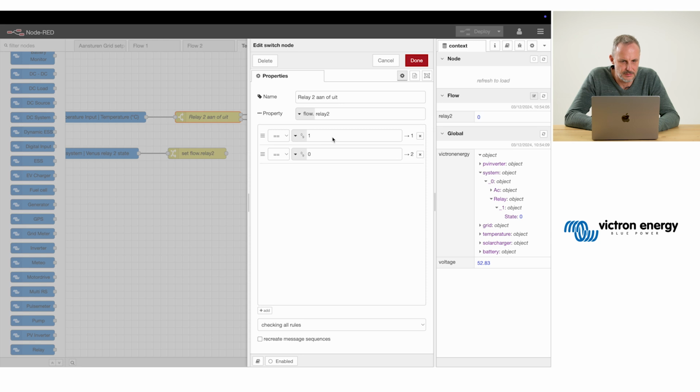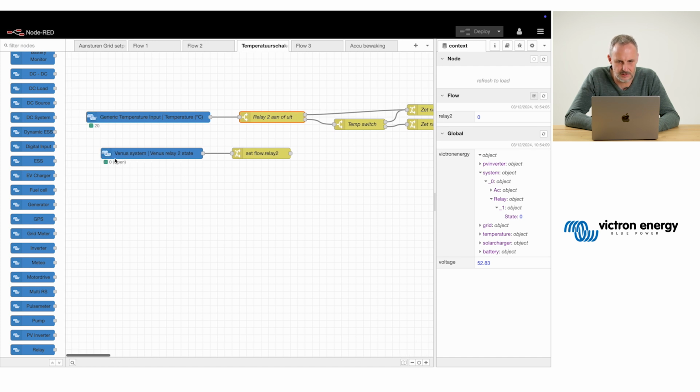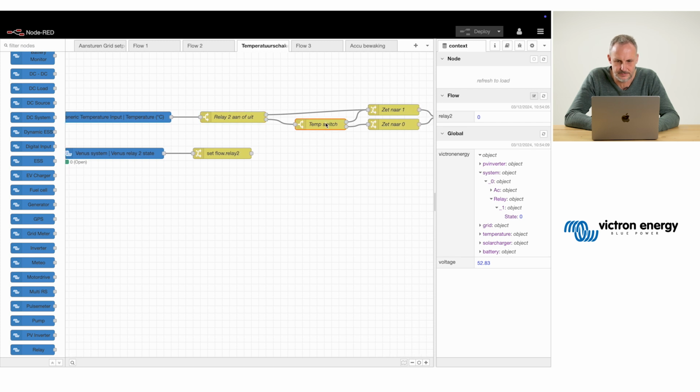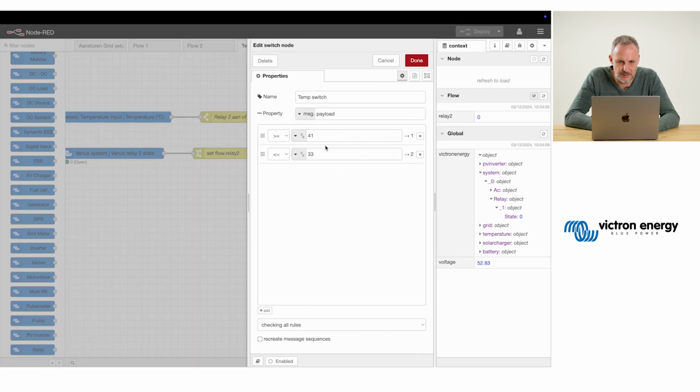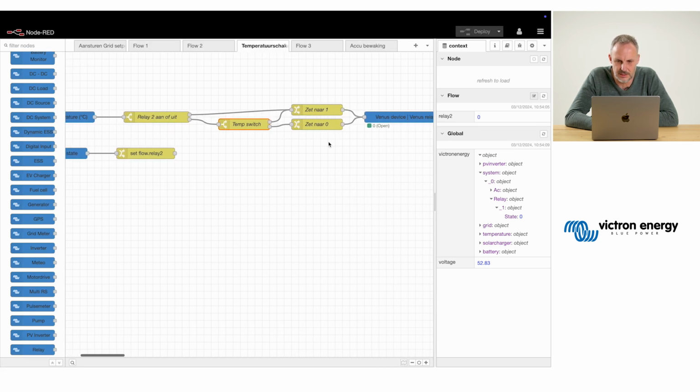Depending on the state of the relay, it checks the temperature. If the relay is open right now, it goes into the second path, and then it does a temperature switch. If the temperature is above 41 degrees, then it outputs to the first output. If it's below or equal to 33 degrees, it goes into the second one. It was 20 degrees in that room, so it will go into this part of the flow,